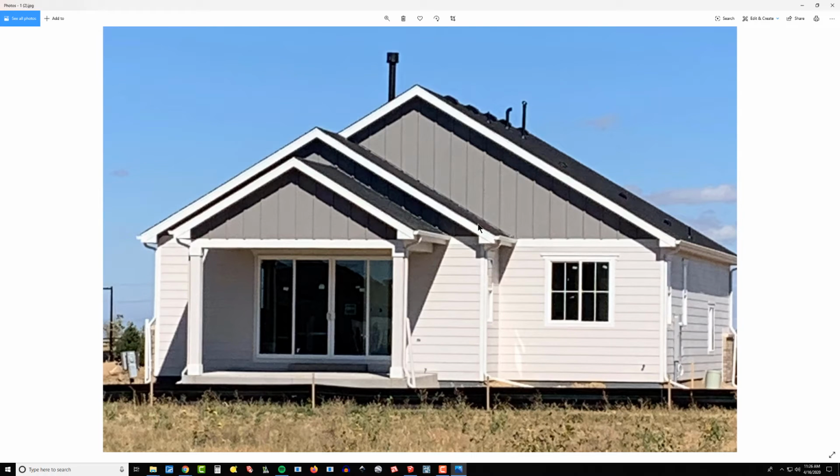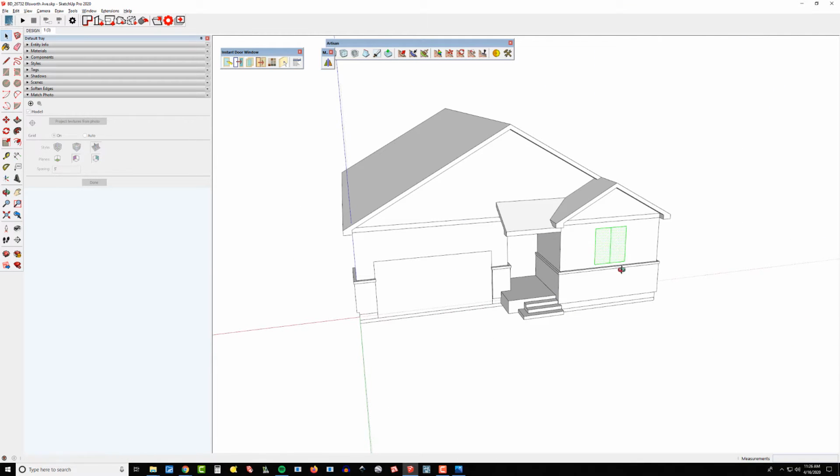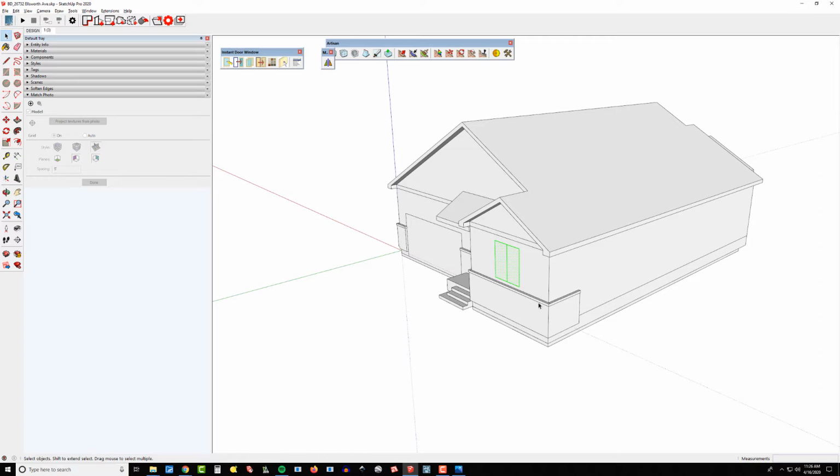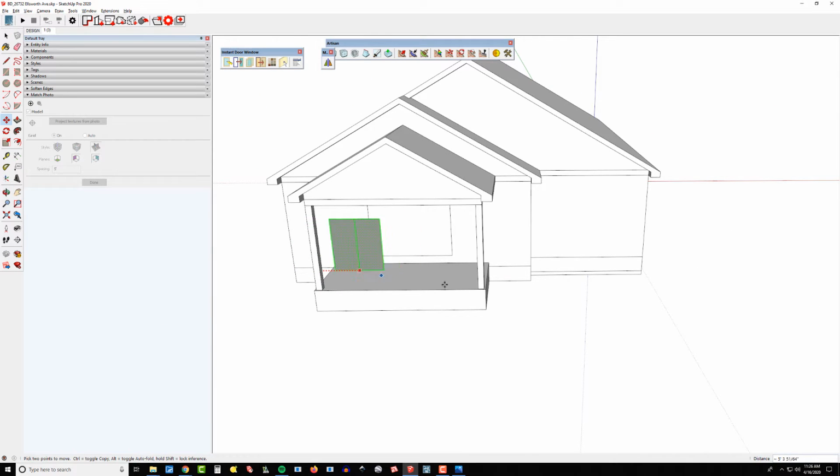So we've got our doors, we need to put in those windows, and we've got our patio, maybe put in a step. So I'm gonna put in the window and I'm gonna put in our step. And you know what, for the window, I'm just gonna copy the window from the front. I'll bet you it's like the exact same thing as this. So I'm just gonna make a copy of it to the back, and then we're gonna move it over here,